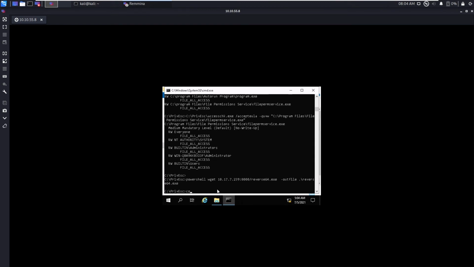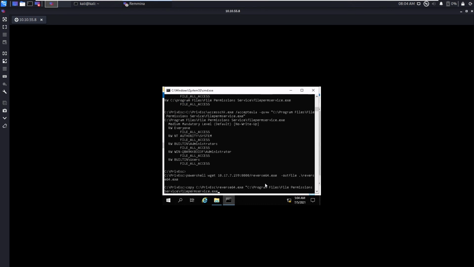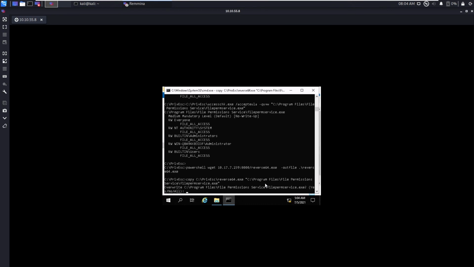All you need to do is copy this one to this path, where you copy all the path. Since we have the permissions, it should do it. Yes, overwrite. I think we need to change the file name.